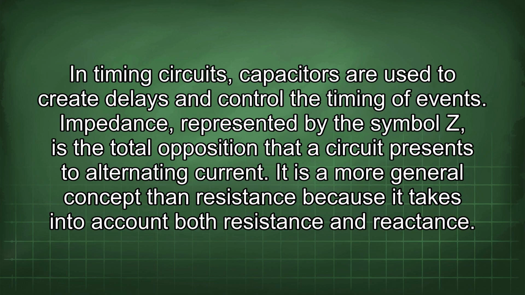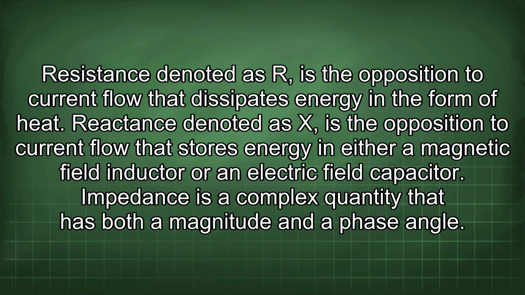Impedance, represented by the symbol Z, is the total opposition that a circuit presents to alternating current. It is a more general concept than resistance because it takes into account both resistance and reactance. Resistance, denoted as R, is the opposition to current flow that dissipates energy in the form of heat. Reactance, denoted as X, is the opposition to current flow that stores energy in either a magnetic field (inductor) or